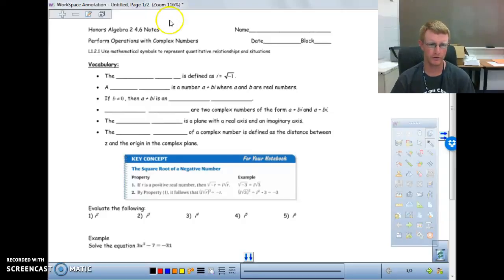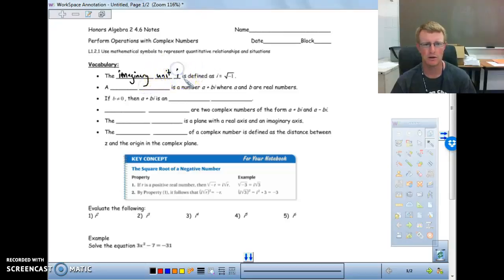This is 4.6. This is going to be something that's a little bit new to you. I don't think you got this in Algebra 1. We were talking about complex numbers, also known as imaginary numbers. So just going through some terminology here. We're going to say the imaginary unit